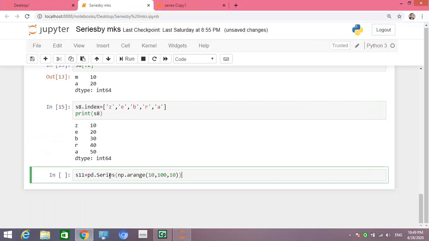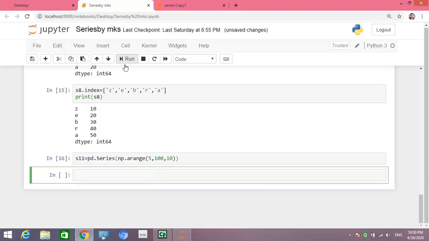I am writing here 5 to 200 with a gap of 10.